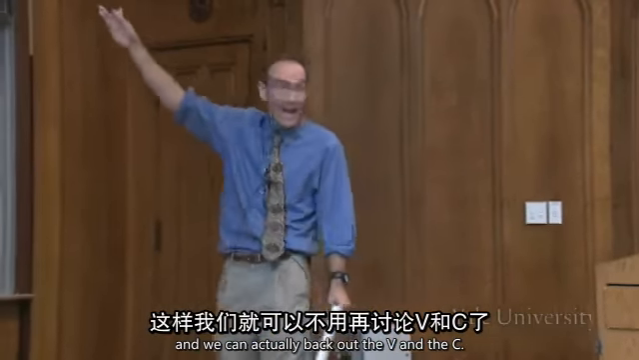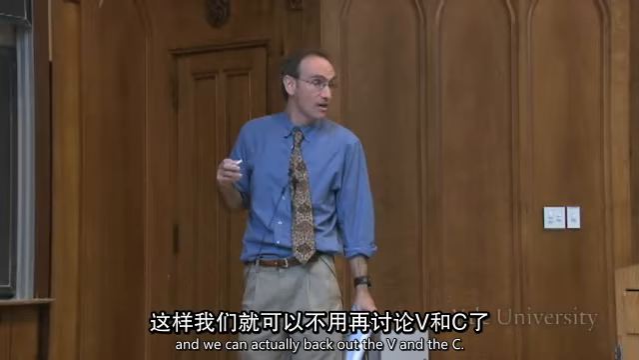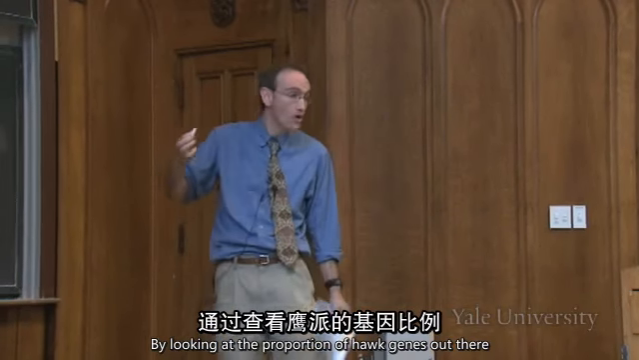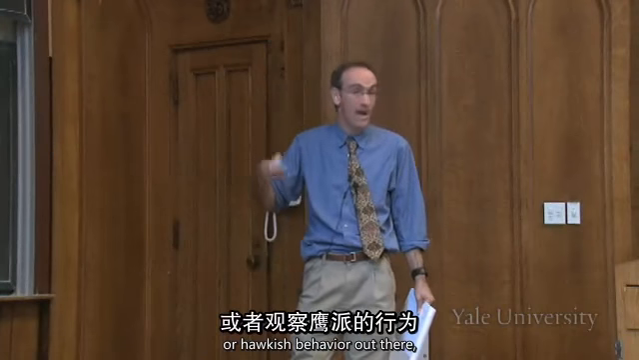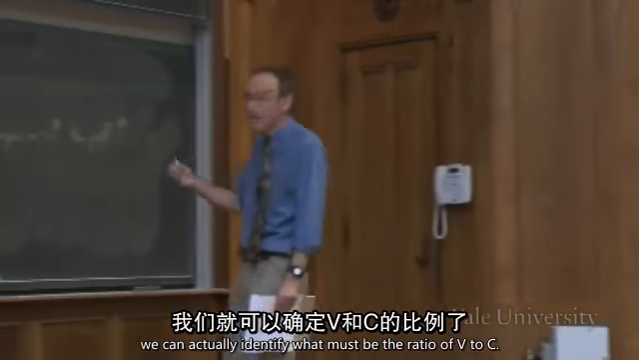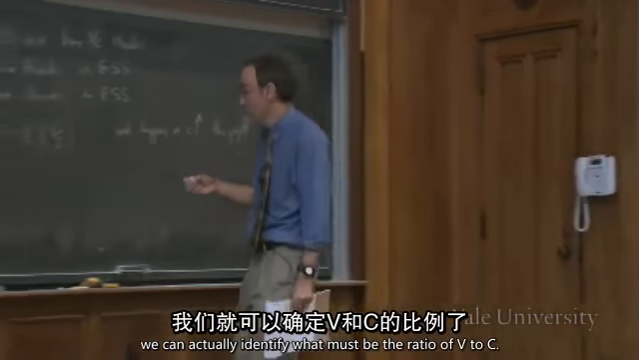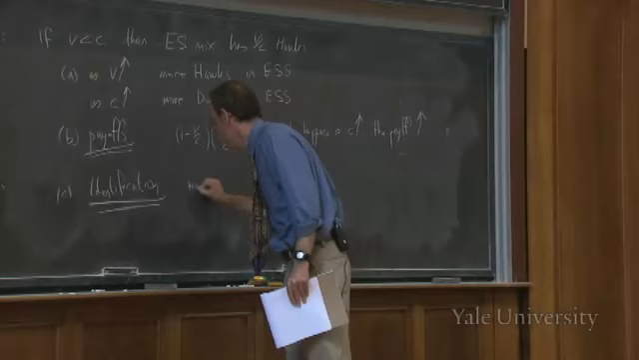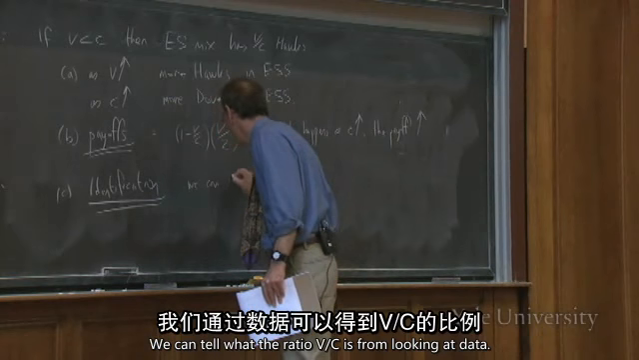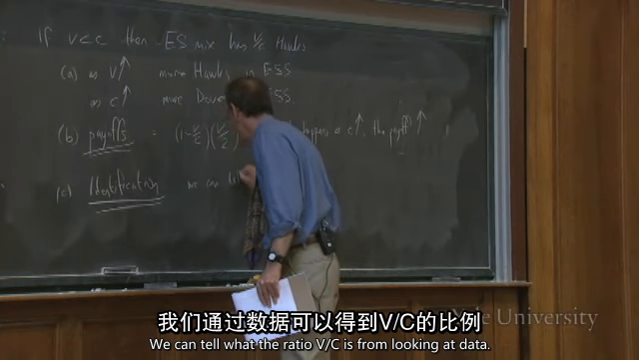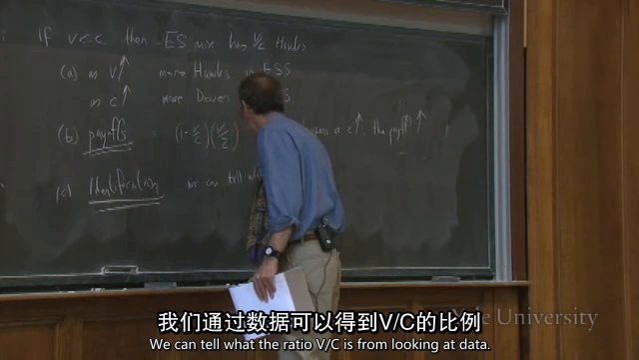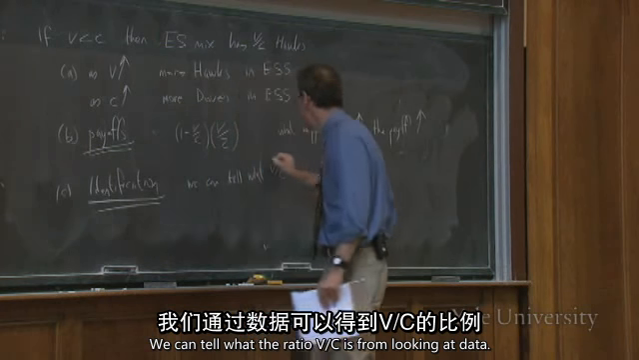And we can actually back out the V and the C. By looking at the proportion of hawk genes out there, or hawkish behavior out there, we can actually identify what must be the ratio of V to C. We can tell what the ratio V over C is